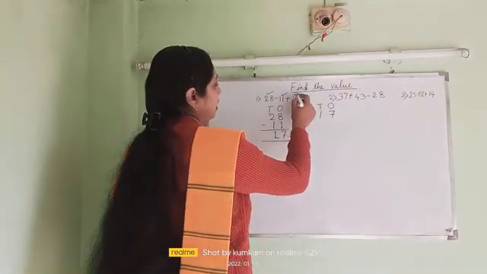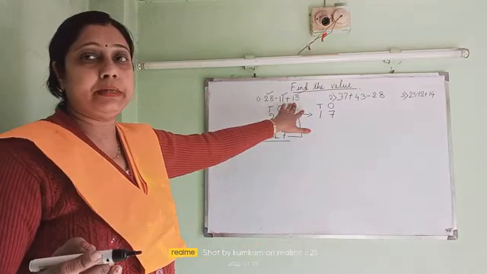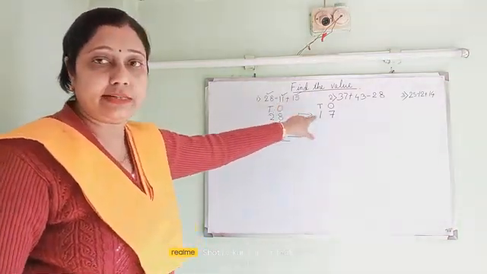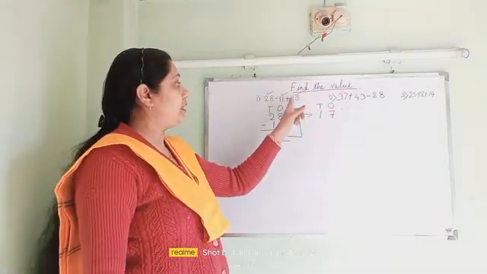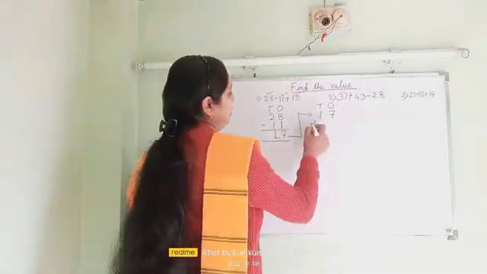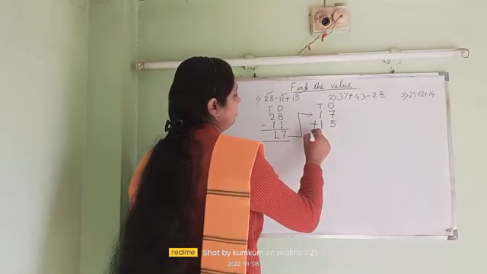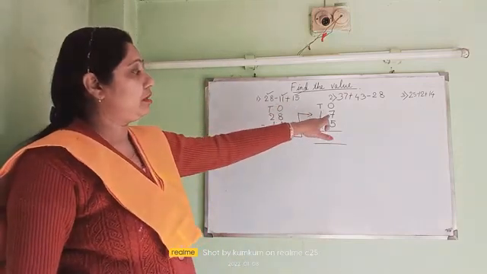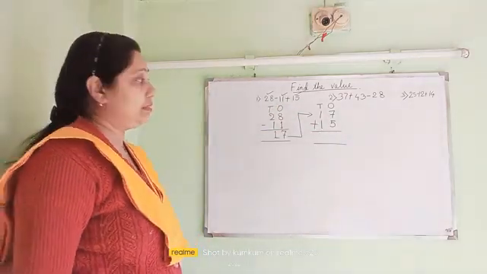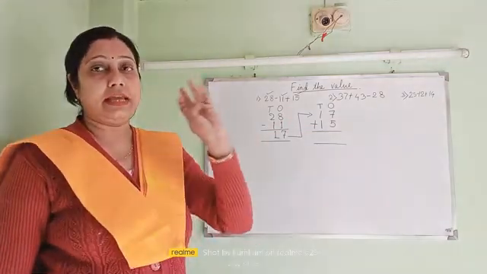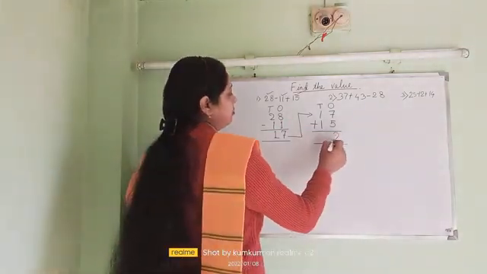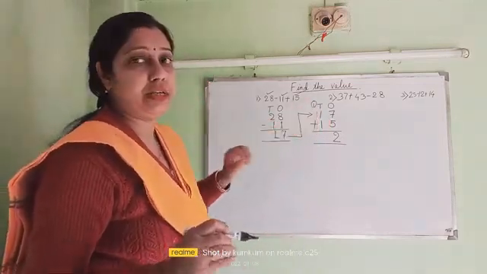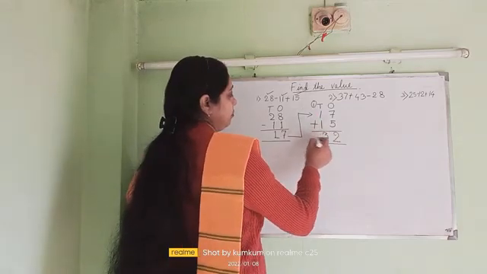And now we are going to write the third number, that is plus 15. The symbol before the number, I already told you, is the symbol of the number itself. So here I am going to write plus 15. Now we will solve it. Now 7 plus 5 is how much? 8, 9, 10, 11 and 12. That means 2. I am going to write 2 here and one more carry over here. So we are going to add 1, 2 and 3. So it will become 3.